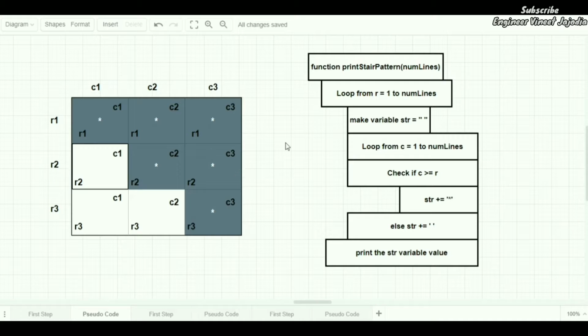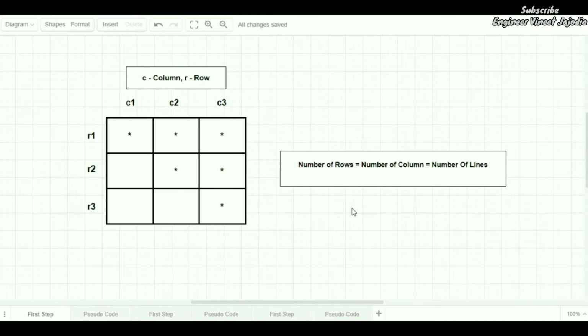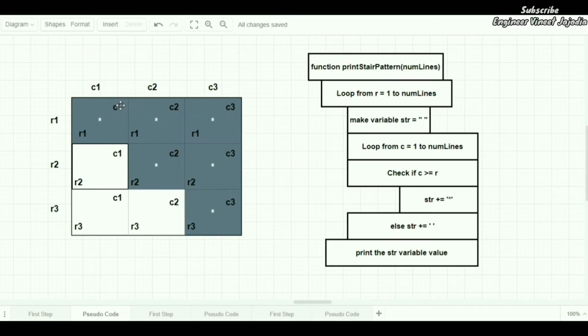So the conditions to remember are: the number of rows and columns equals the number of lines; whenever the column number is equal to or greater than the row number, we put an asterisk; whenever it's not, we leave the cell empty; and we print the whole line when we reach the end of the column.